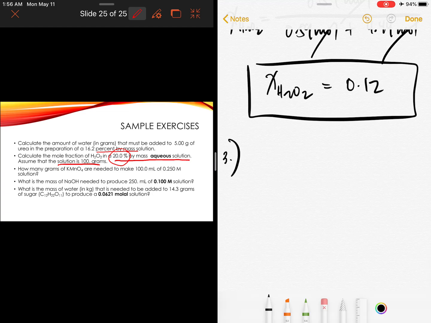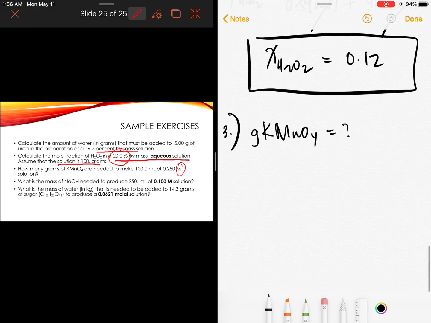How many grams of potassium permanganate are needed to make 100 ml of 0.250 molar solution? So you are asked for the grams of potassium permanganate. So assuming we still don't know yet what formula we're going to use, try to reread the sentence and you're going to see this. It says molar, 0.250 molar. So that's